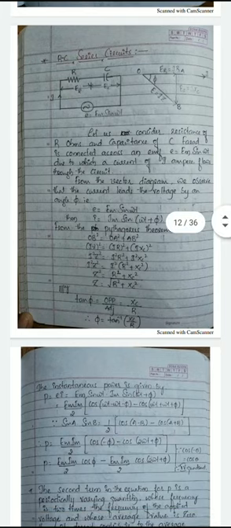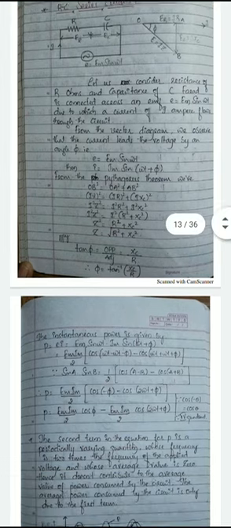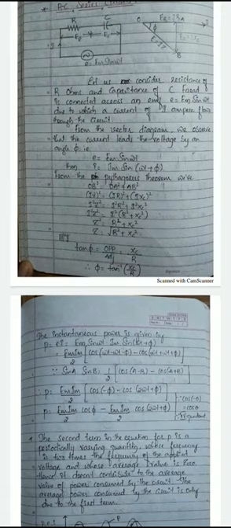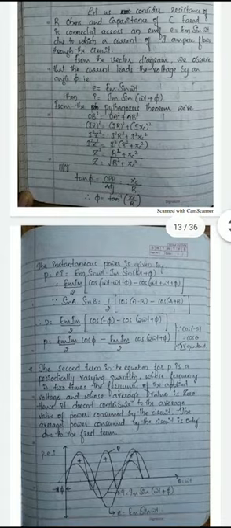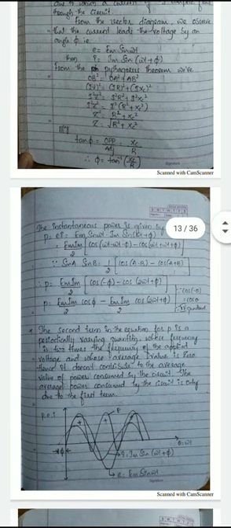Since we know the adjacent and opposite sides, we can use the trigonometric function tan phi to evaluate phi. Therefore tan phi equals opposite by adjacent, XC divided by R, or phi equals tan inverse of XC by R. Now, knowing the instantaneous values of voltage and current, we can calculate the power as P equals E into I, where E is Em sin omega t and I is Im sin(omega t plus phi).